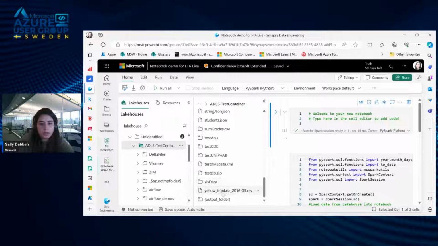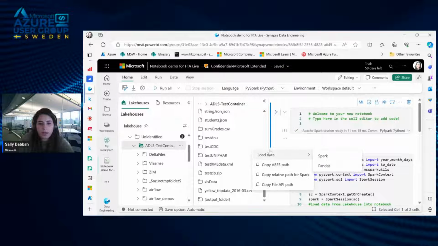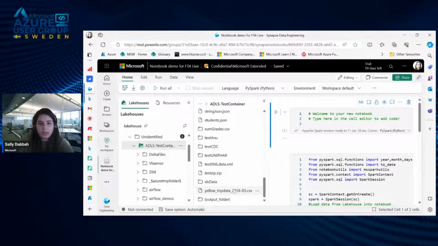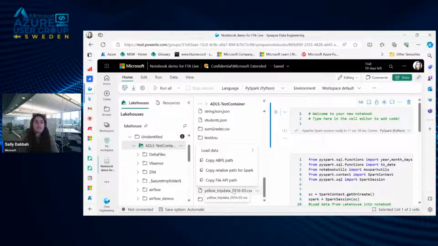And here you can see that I have my yellow trip data in my ADLS shortcut. So I didn't really upload my data to my lakehouse in Fabric, or really move my data. I only added it as a shortcut. And here you can see all my files in my ADLS.